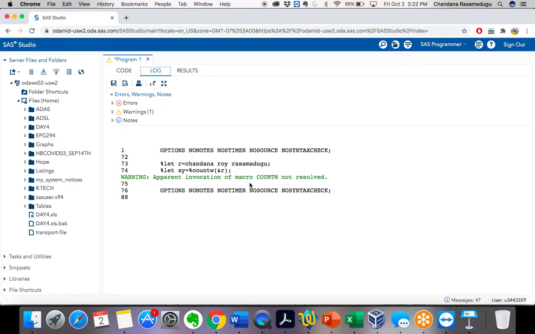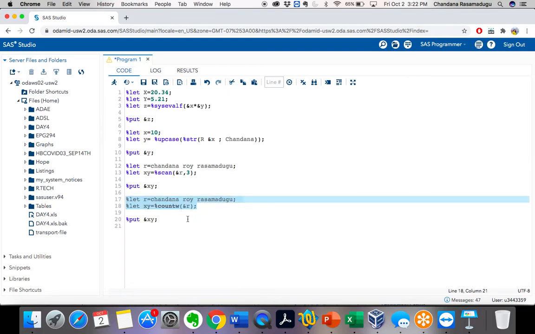See, apparent invocation of macro countw not resolved. That means we won't be able to know the number of words by using this countw function in the SAS macros, because this type of function we cannot use directly in the macro program. So to enable functions like countw, we have to make use of a macro called %sysfunc.